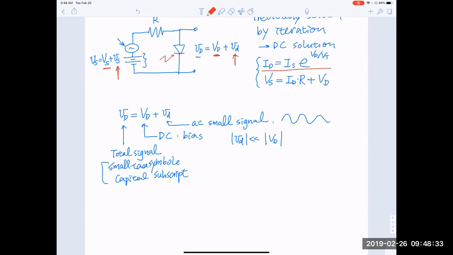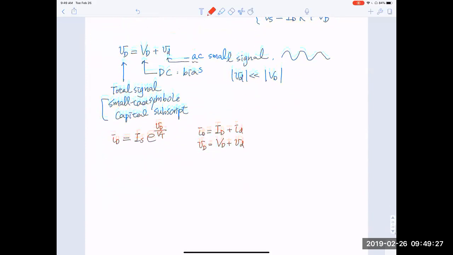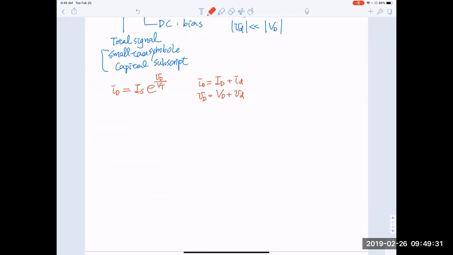So we look at this diode element here. Now, i_D, the total signal, is equal to I_S, which is constant and doesn't change, times e to the v_D over V_T, again ignoring the -1. Noting that i_D consists of 2 components, the DC component and the small signal AC component, and likewise v_D consists of V_D plus v_d. You have to pay real attention to all the subscripts. If we substitute this into this equation, then you'll get